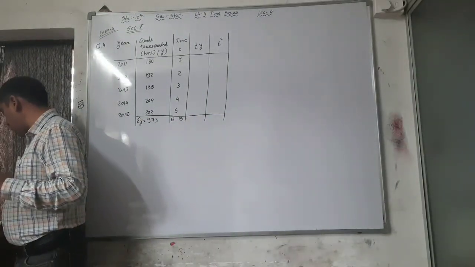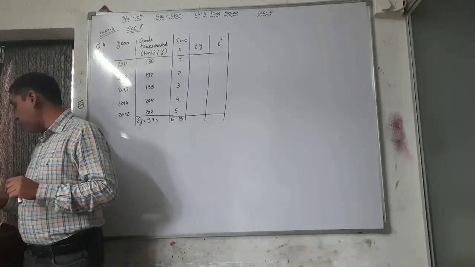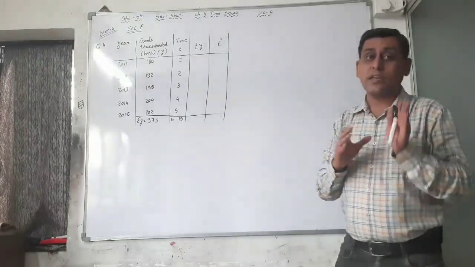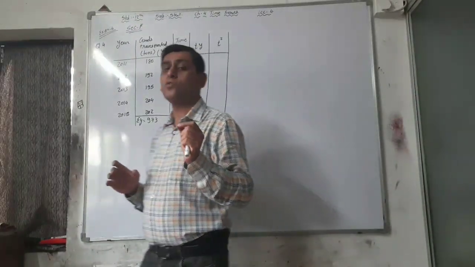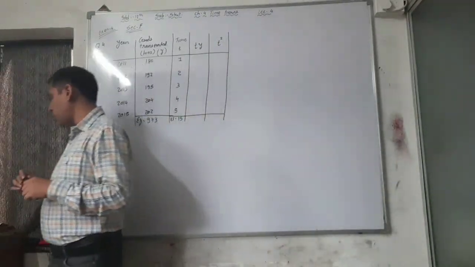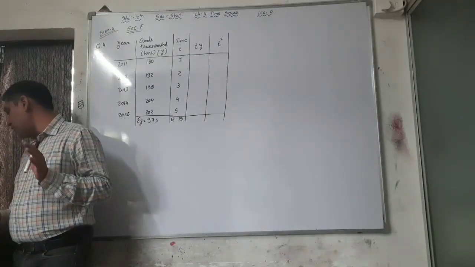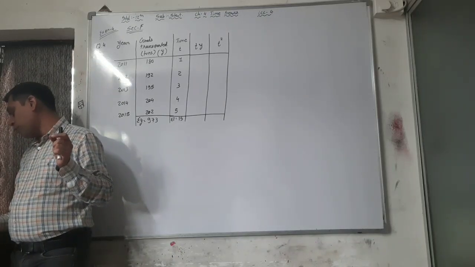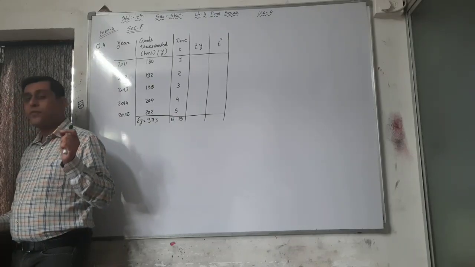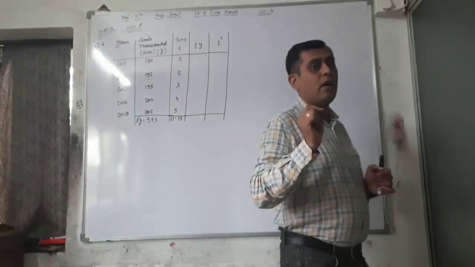Now some students have doubts in section F, question number 4. See, it is very easy and it is also asked in previous examinations, that is in March 19. That's why it is very important. First of all, we read the question. The data about the goods transported in different years by a division of railways are given below. Find the estimates for each year by fitting a linear equation. See, we have to find out each year estimate by fitting a linear equation.